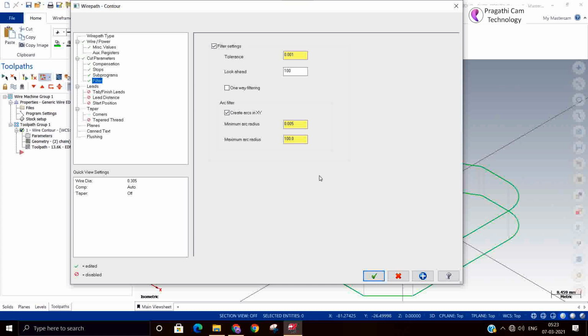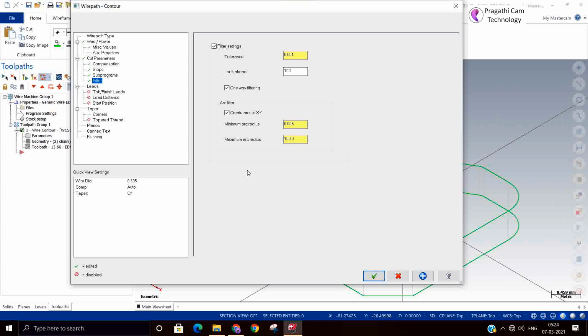So next is the filtering function. Here, if you switch on the filtering, mostly this is used for splines. For lines and arcs, the filtering is not much useful. Suppose the profile is made up of a spline. The software will read this spline as G01, G01. So what are we doing in the filtering function?